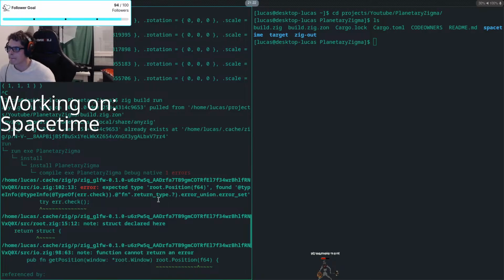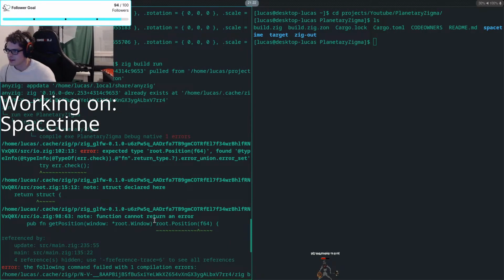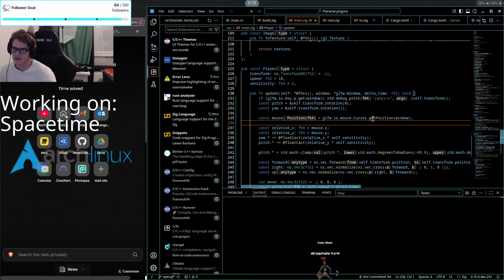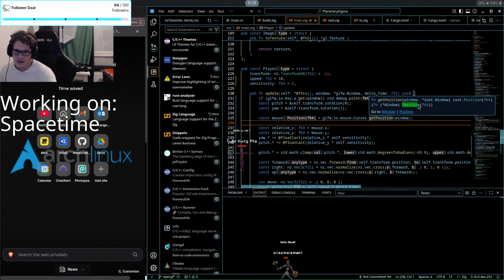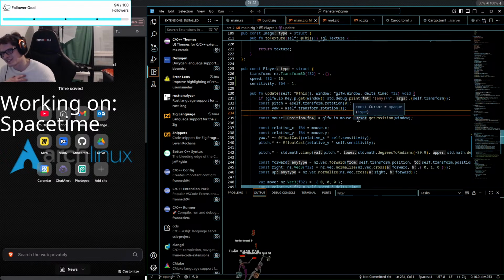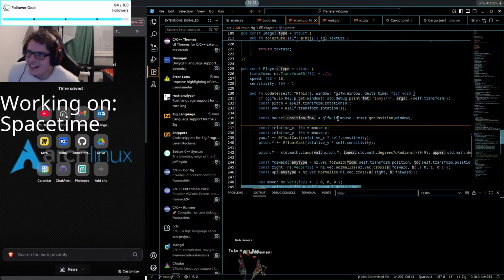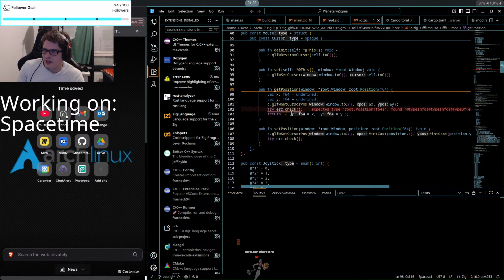Why is this node function cannot return an error? Get position. Do I need a try for this? No? Is this one trying to do a try?